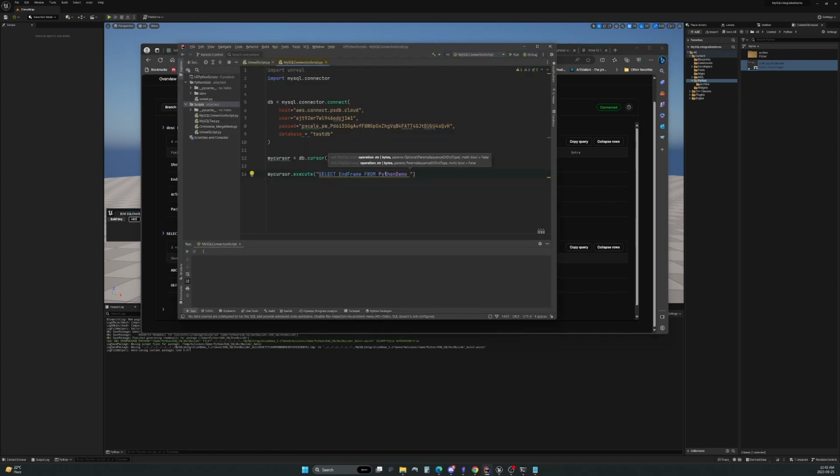So select end frame from Python demo where shot name equals shot name, just shot name. And we're going to surround that with